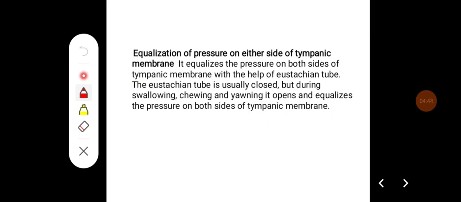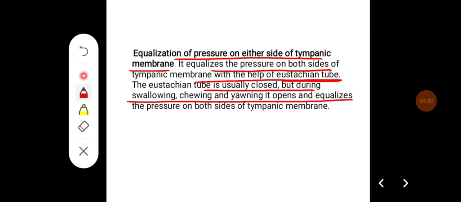The middle ear also helps in equalization of pressure on either side of the tympanic membrane. It equalizes the pressure on both the sides of the tympanic membrane with the help of eustachian tube. Eustachian tube is usually closed, but during swallowing, chewing and yawning, it opens and equalizes the pressure on both the sides of